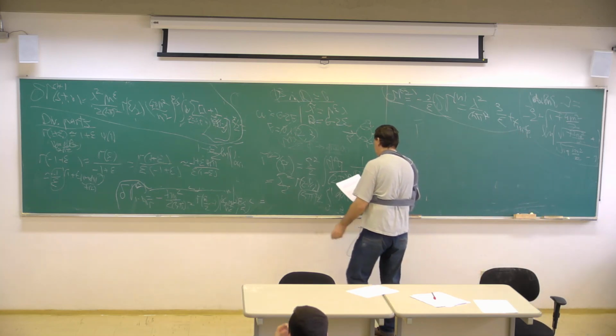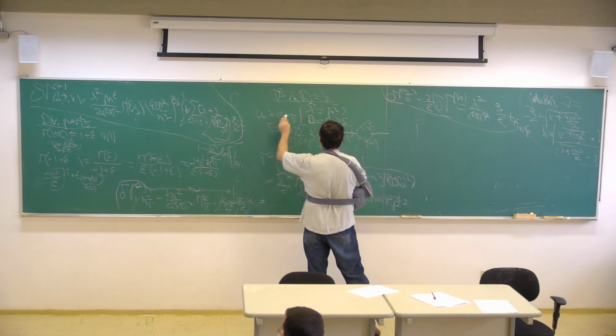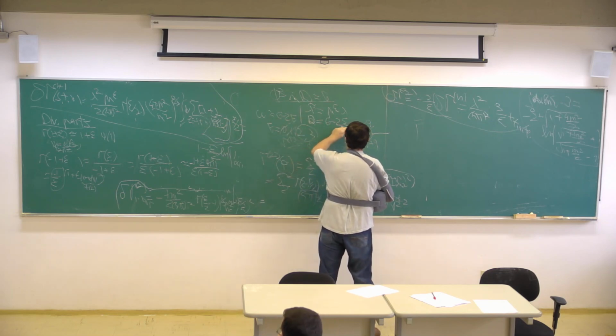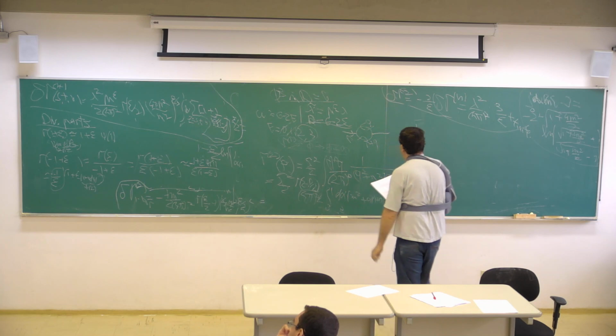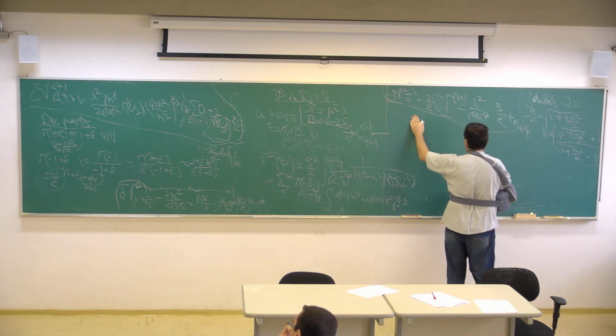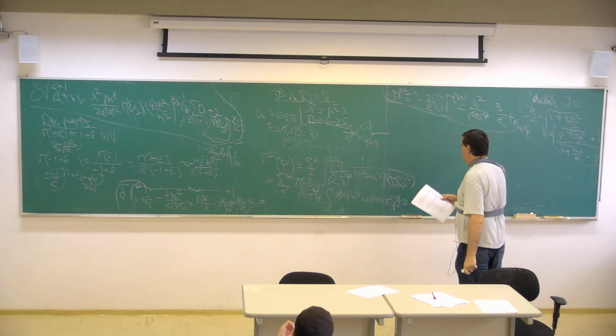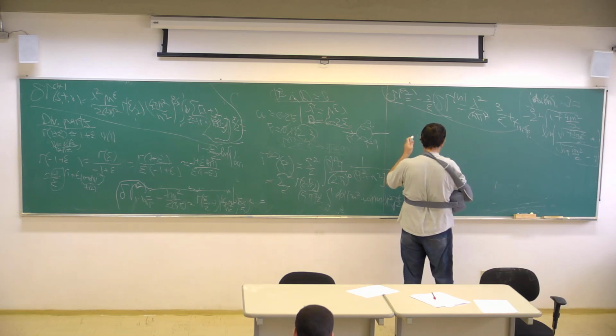And now I substitute the dimension as 6 minus 2 epsilon. So we get